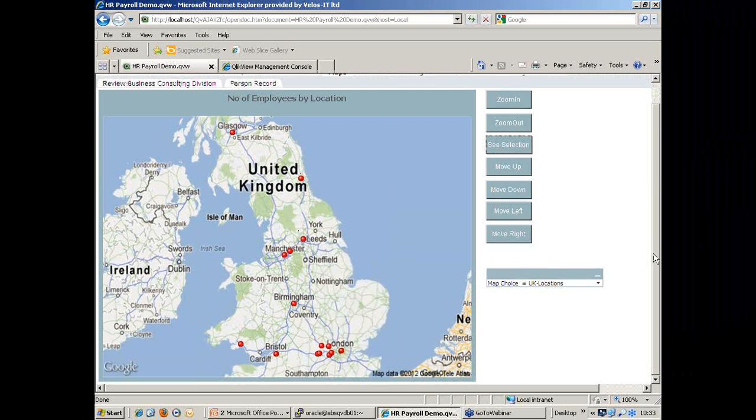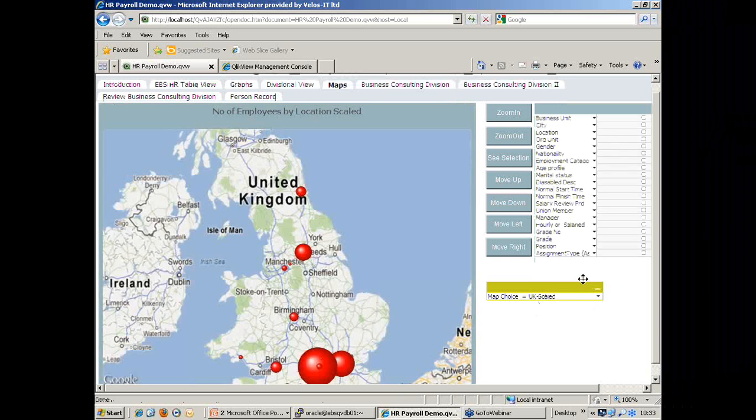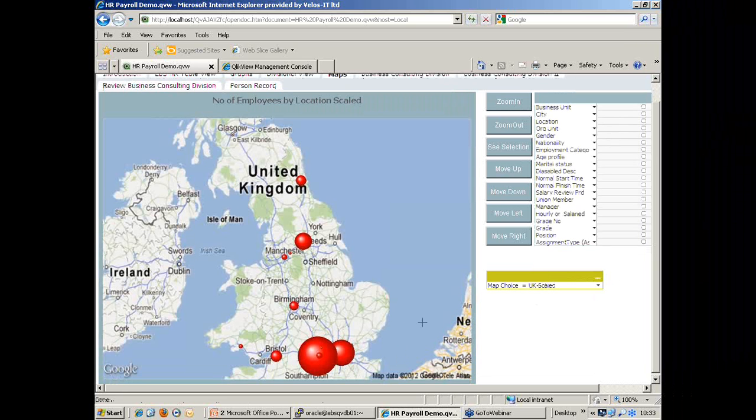One of the other nice features we can use is the ability to scale that information. If I change from a location view to a location scaled view, it shows the bubble sizes based on the number of employees working in these parts of the organisation. So obviously you can see the bulk of the people are based in Reading. But I can take that a stage further